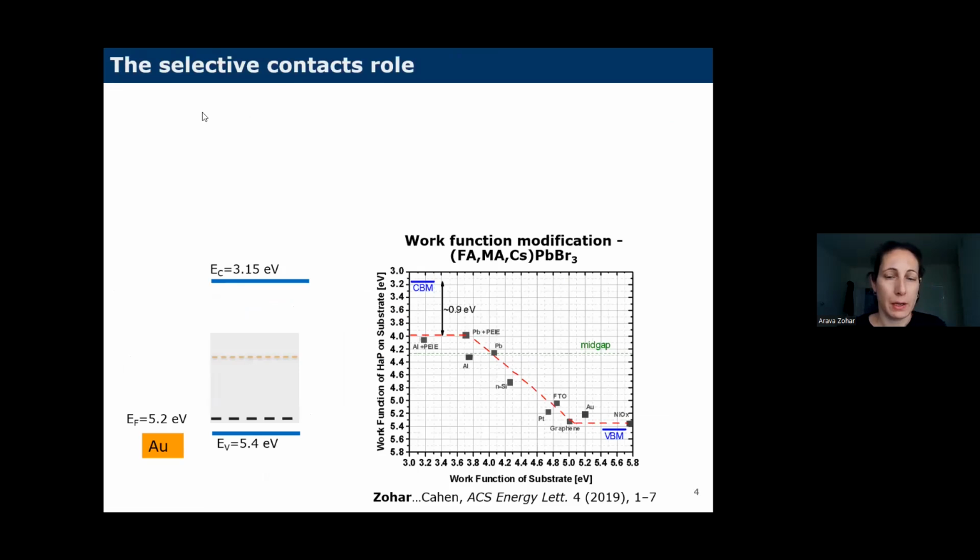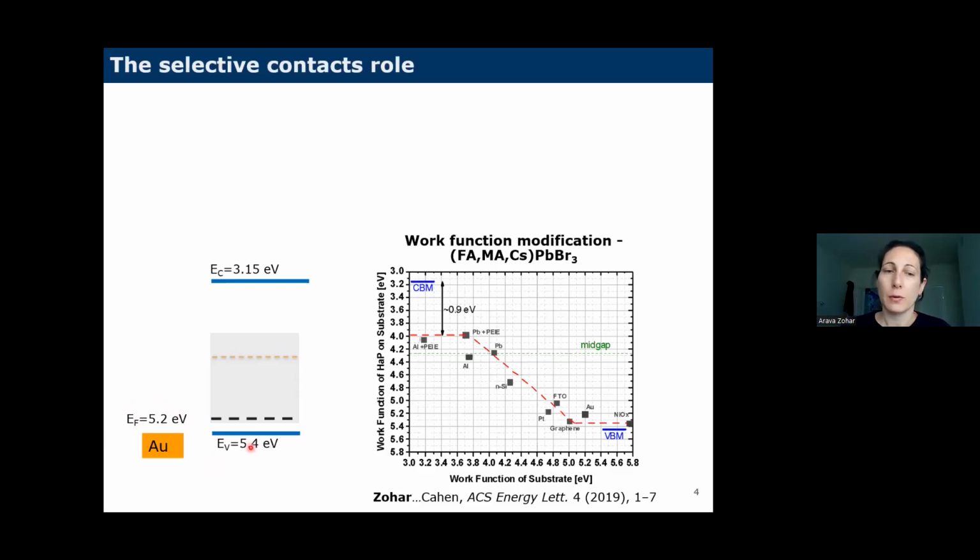Measurements from different work that I was doing a few years ago, trying to evaluate the Fermi position and the doping level of different perovskites. What we usually do is spin coat our layer on gold. Maybe I should use a laser so it will be easier. You can see nicely that when you spin coat your formamidinium, methylammonium, cesium, or shortly I will call it